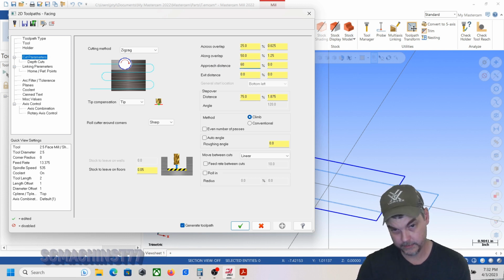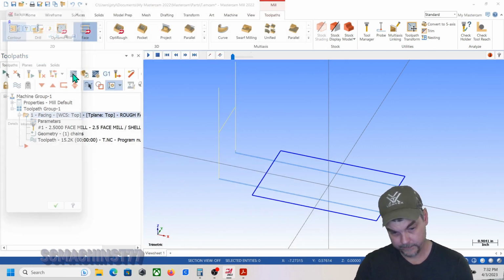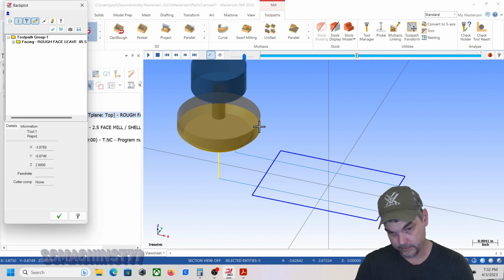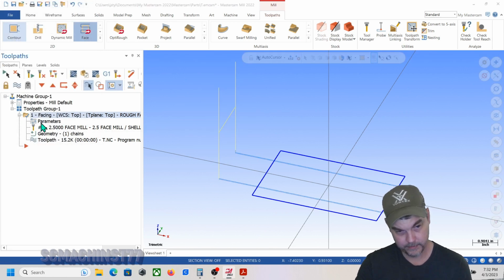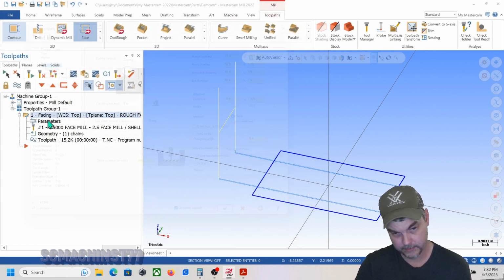And do 60 and 60. And that actually didn't exit the part there. Change it to a high-speed loop and see what it looks like. I see it goes outside the part,